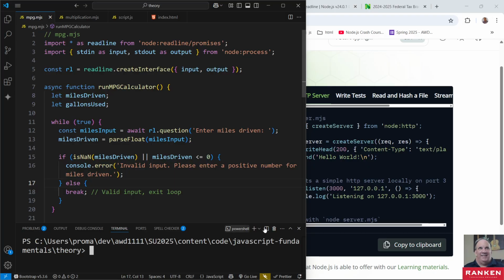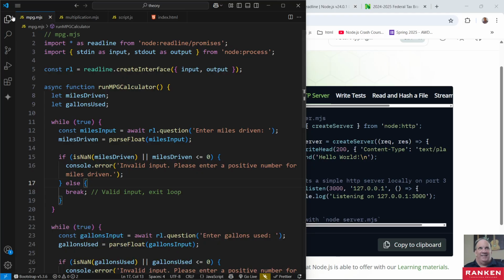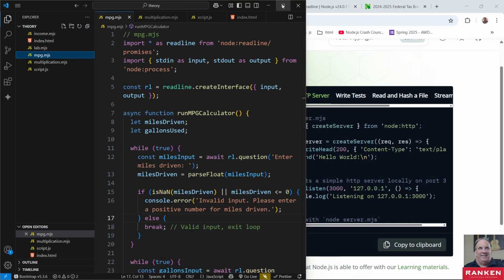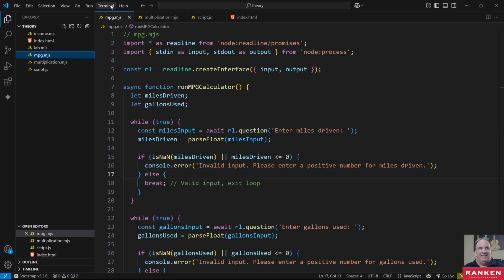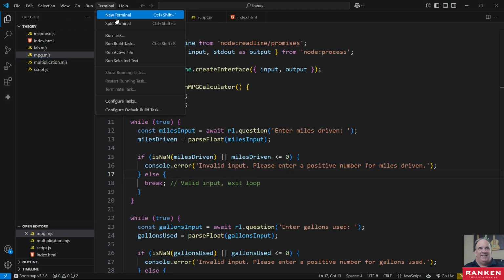For the students who have maybe not done this yet, whenever you're in here, let me make this a little bigger. You can go up here to terminal, new terminal, right? You might not be used to doing this. Obviously, some of the students who